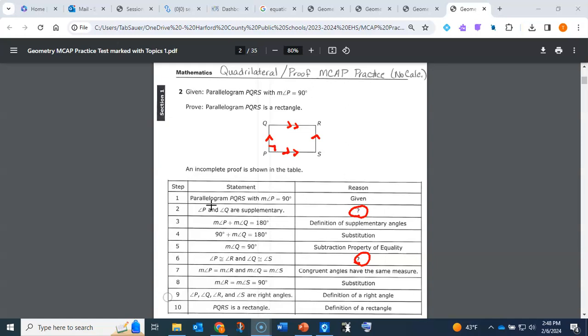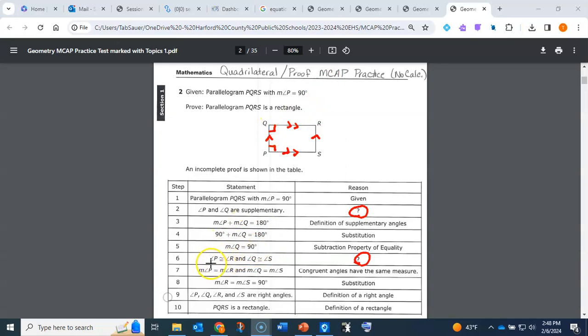By definition of a parallelogram, think of it like we've got two parallel lines and a transversal. So these would be same side interior angles, so they would add to be 180, so they would be supplementary. The reason we would give for that is consecutive angles, which means angles next to each other, in a parallelogram are supplementary. Now, I'm not going to write all that there. You'll see it in the options when we're given choices A, B, C, or D. Moving on, after we've shown that angle Q is 90 degrees,